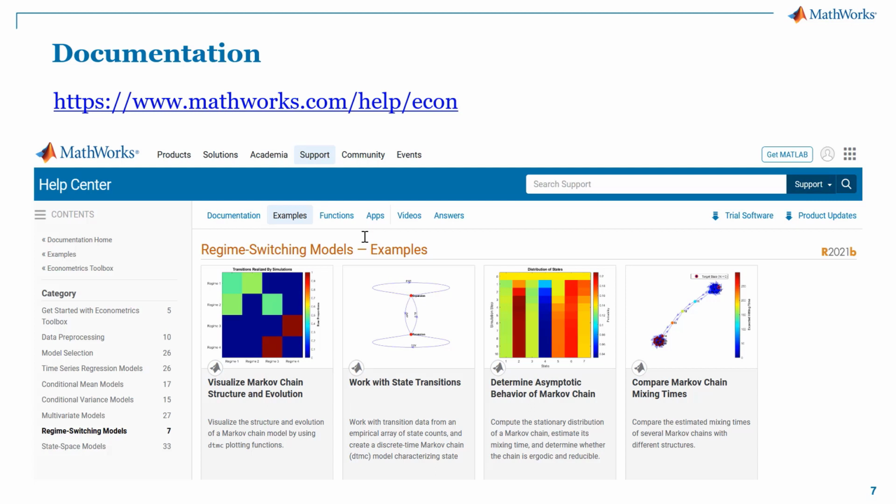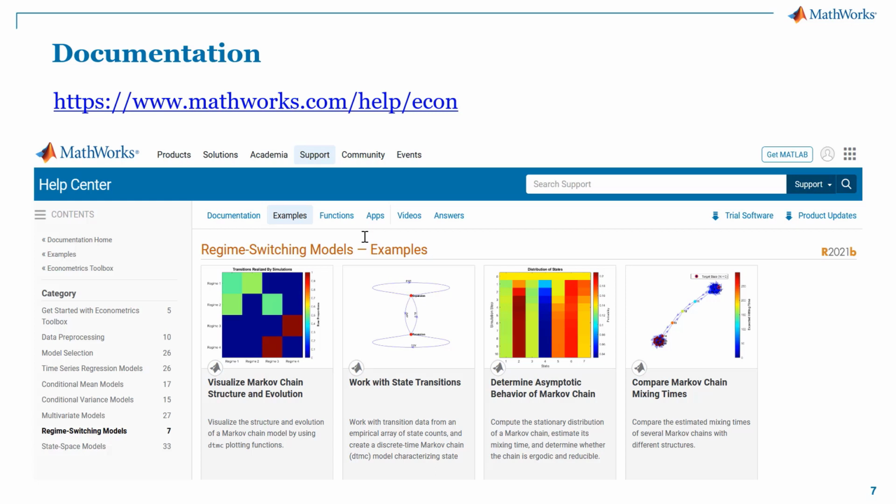If you want to get into this deeper and see how to really fine-tune these models and do analysis of how to create the submodels and how to use the switching models to do economic analyses, we've got lots and lots of examples in our documentation. So I recommend that you go to the MathWorks Help Econ section, where you'll see lots of great examples about both Markov chains and Markov switching models.